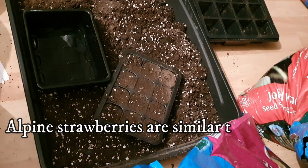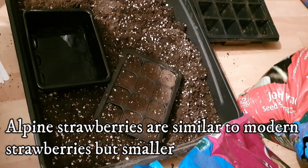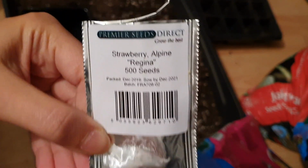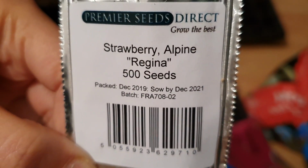Now today we're going to be doing some more seed sowing, and we're going to be doing alpine strawberries, onions and edible bananas. So we'll start off with the alpine strawberries. We've got 500 of these. There's no way that I'm going to plant 500 strawberry plants. So